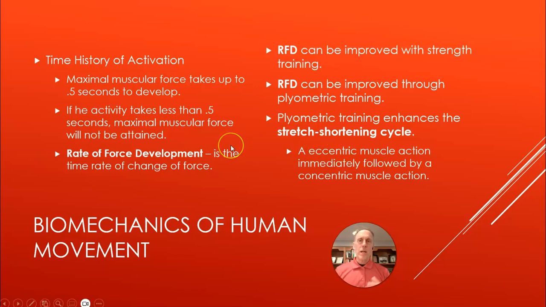They talk about this in terms of time history of activation. Maximal muscular force takes about half a second to develop. And if an activity is reactive, like a puck coming at you when you're a goalie in hockey, that's going to take less than 0.5 seconds. That's going to be a very small fraction of 0.5 seconds. So your maximal muscular force will not be attained in the window of opportunity it takes you to contract muscles maximally. So as an athlete, you have to be able to train to anticipate movement patterns, which is another conversation,